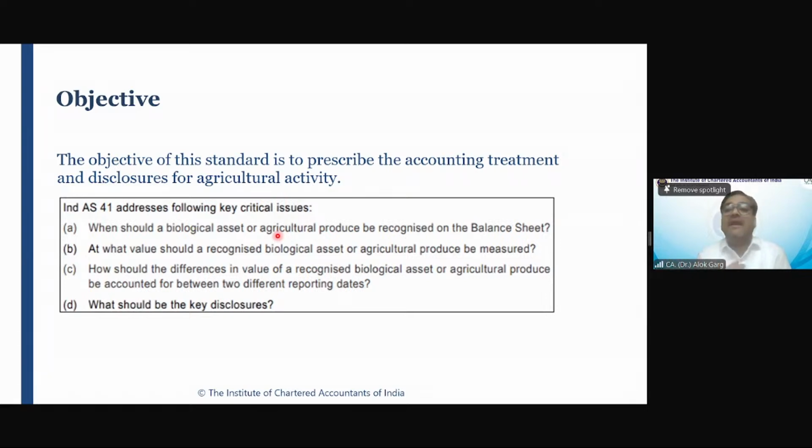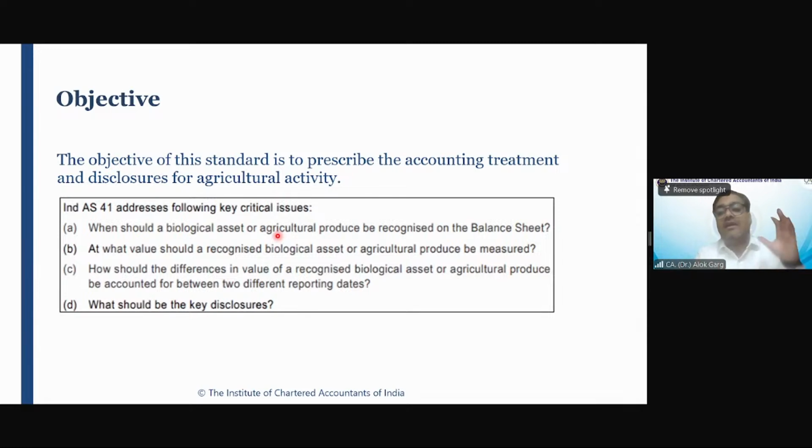So when do these mangoes need to be covered in the balance sheet? Suppose on the mango tree, there are 100 ton of mangoes, right? So can we capitalize or can we show those mangoes on the balance sheet of Nestle or ITC when they are on the tree? Answer is no. They have to come to the balance sheet of Nestle or ITC when these mangoes are plucked, when these are detached, when these are harvested, right?